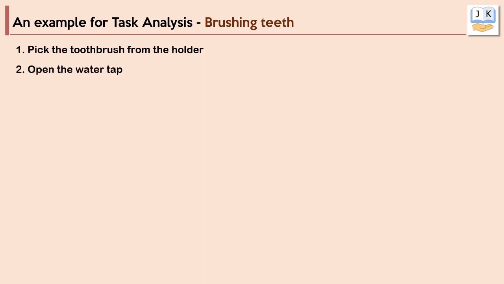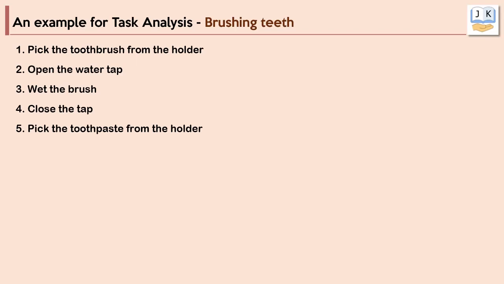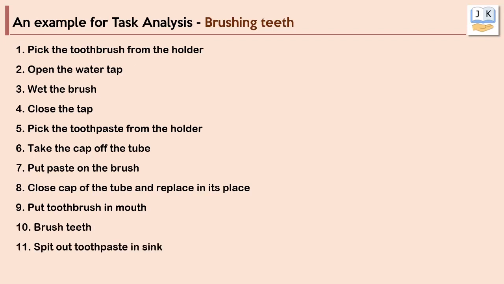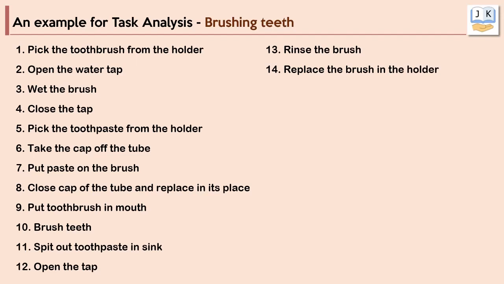Then open the water tap, wet the brush, close the tap, pick the toothpaste from the holder, take the cap of the tube, put paste on the brush, close the cap of the tube and replace it in its place, put the toothbrush in the mouth, brush teeth, spit out toothpaste in the sink, open the tap, rinse the brush, replace the brush